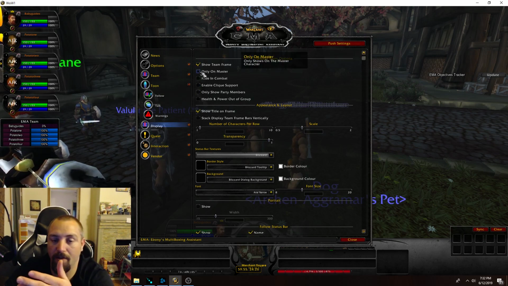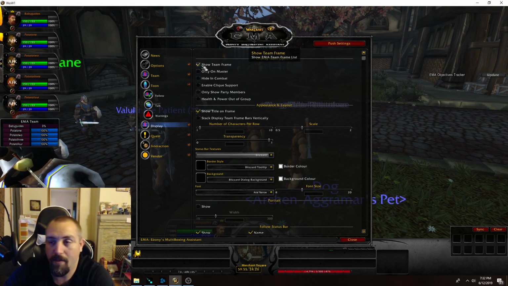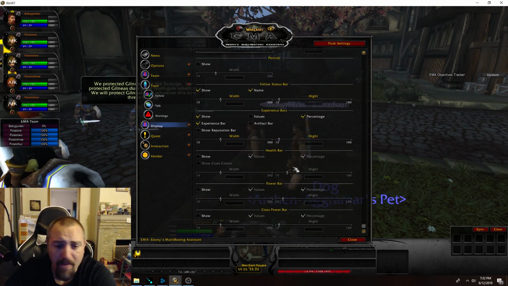You can just click only on master, so that way your master toon would only have it. Or just click it off on your other toons' EMAs. Either way, it should work the same. I don't mess with any of the rest of the stuff. Then